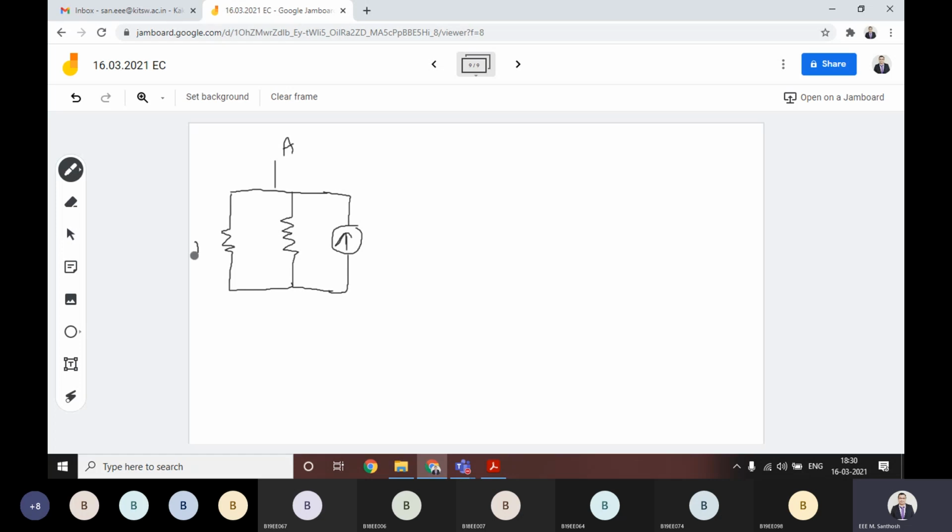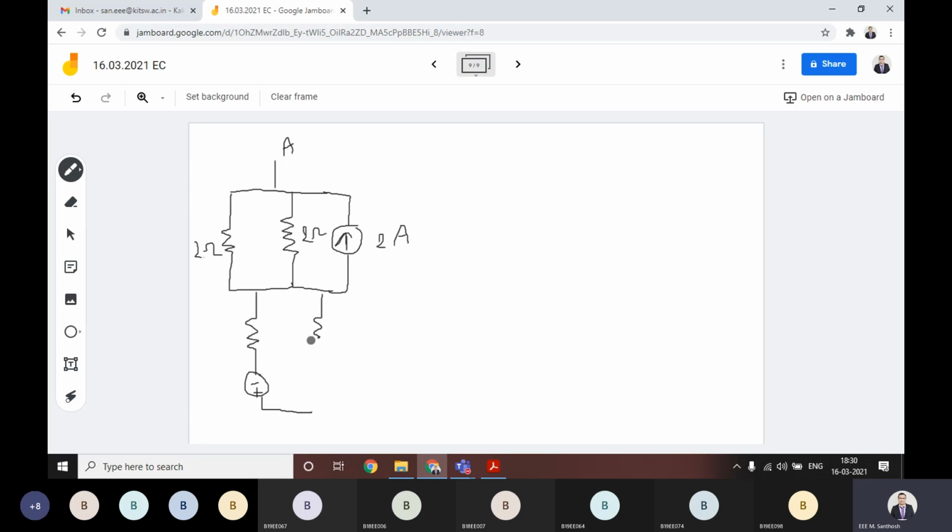This is 2 ohm and this is 2 ohm and this one is 2 ampere. Okay, and then you have another resistor here, and then there is a voltage source. Okay,